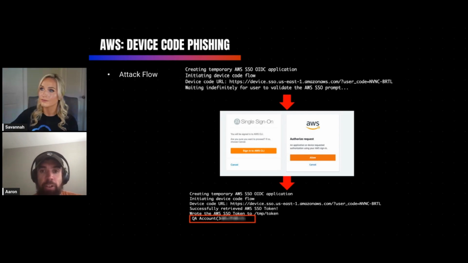So that is a downfall of this if you are conducting a phishing campaign, is you do have a limited amount of time for that user that you send this URL to actually authenticate and authorize it. But as you can see there, it's pretty automated in the fashion that once a user allows authorization and registers that device code, it will automatically write that access token to disk or to whatever system you're using, and will begin enumerating roles that potentially that user can assume.